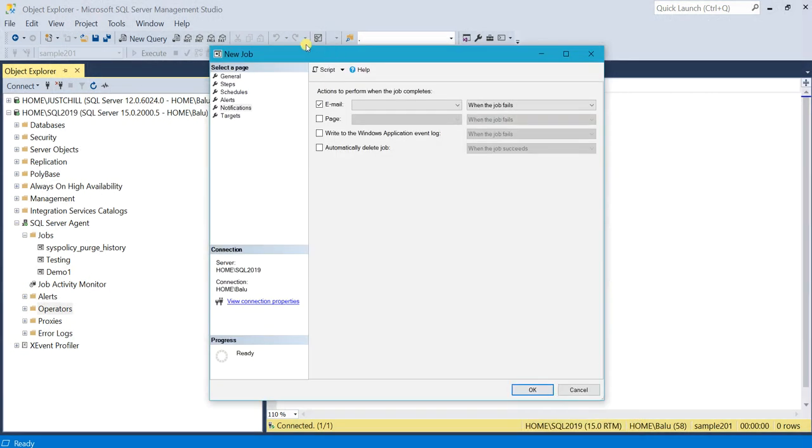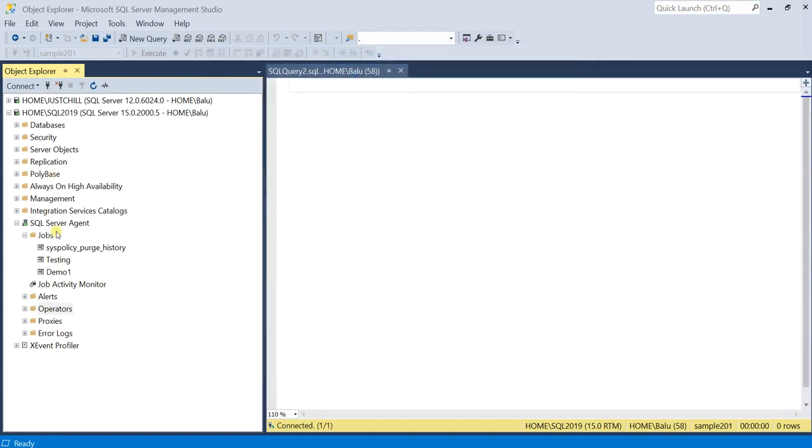Now go to the job properties and you'll get the operators list here. Let me refresh it. This is our job, full backup sample201.